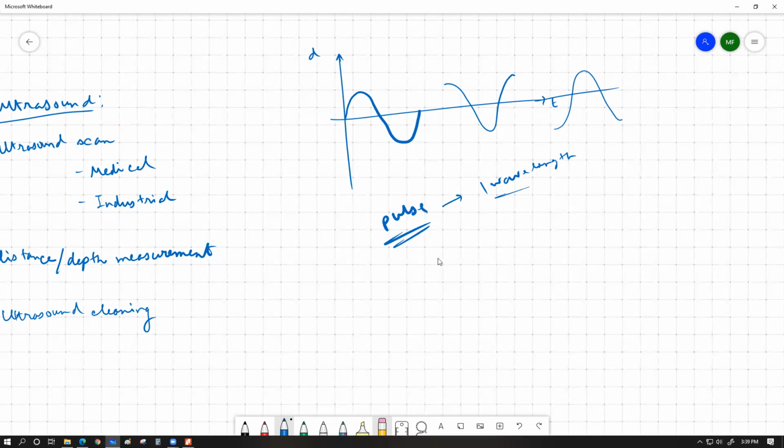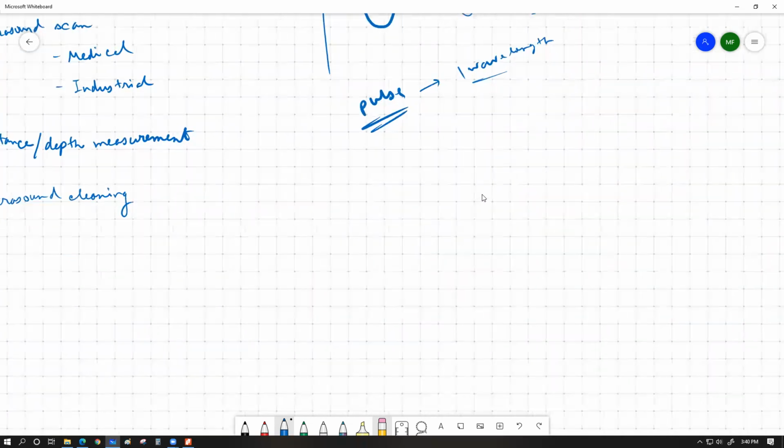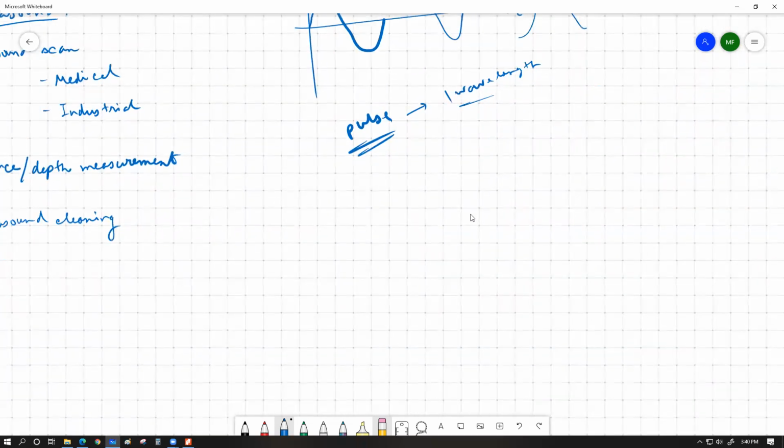Whenever we are going to be using ultrasound sources for our measurement, we will be producing pulses of ultrasound, which means we're going to be producing individual bursts of ultrasound, and we'll be producing them at some gap. So for example, to understand it, let's say I use an ultrasound source that uses sound waves with frequency 40,000 hertz,